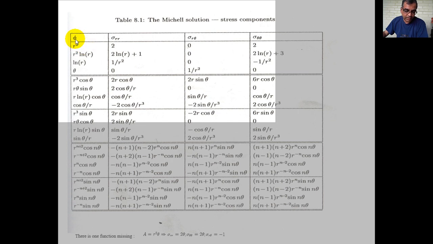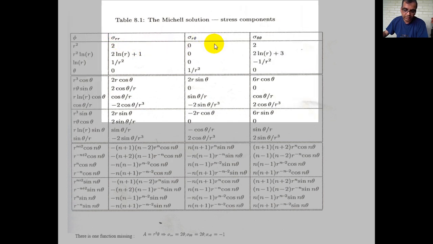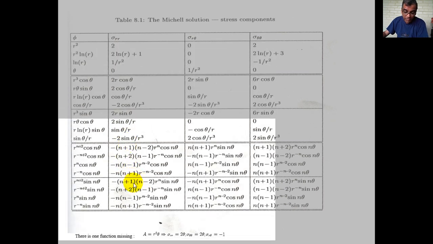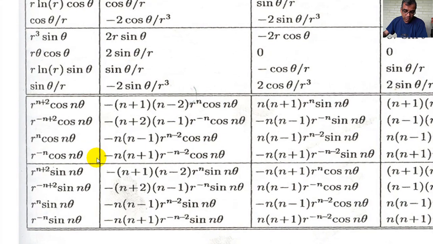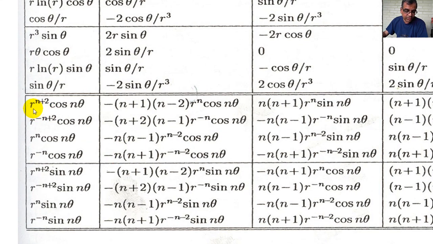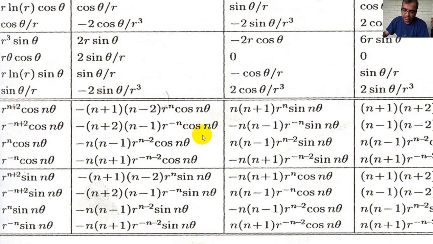Okay, so this is the Airy stress function, with the corresponding stresses. Everything is listed, so you don't even have to do the differentiation. Everything is here. So if you look up this one, it means Airy stress function r cubed cos 3 theta. So I put n equal to 1, you will get r cubed cos theta. So that is my Airy stress function. The corresponding sigma rr will be, put n equal to 1, I will get minus 2 minus 1 r to the 1 cos 1 theta, like that, right? So you can see that this thing works really pretty easily.